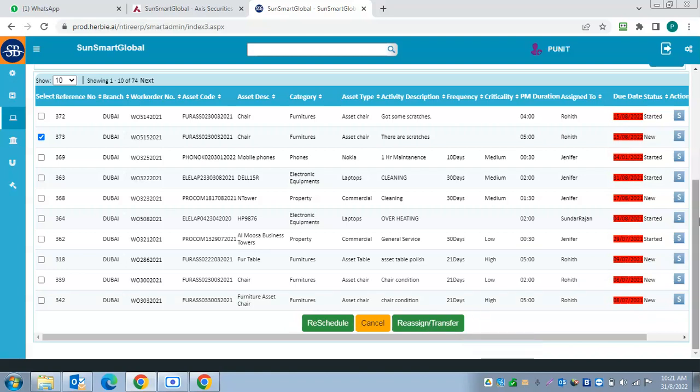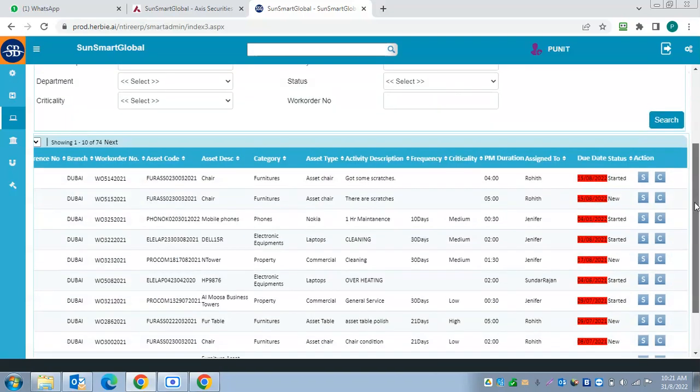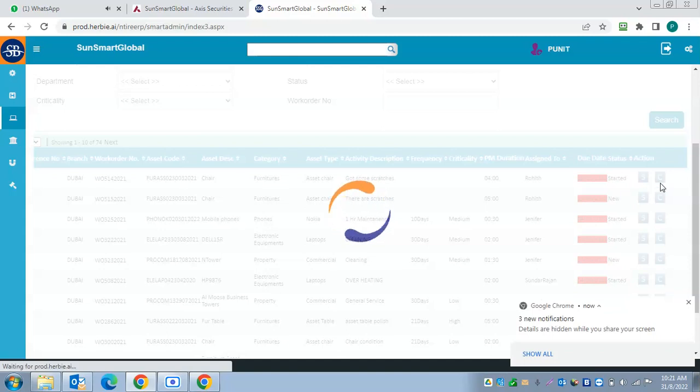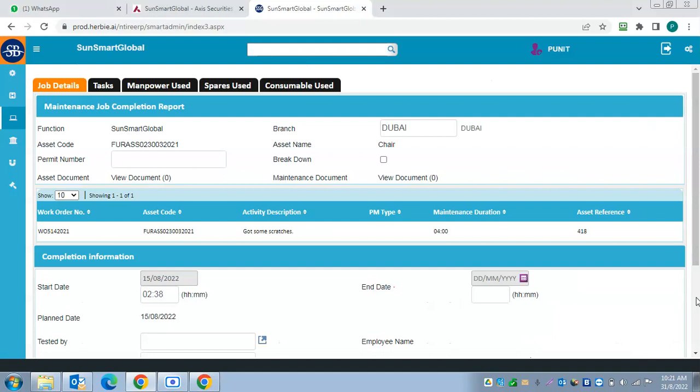Or we can cancel from the same screen. Once we have started the tasks, then we can just work on it, and once the issue has been resolved, the person will be able to close the task. Okay, so that is how we can track and maintain the tasks. Once the task is completed, the maintenance team can complete their work through the screen. Yeah, so once the task has been completed, he will be able to update